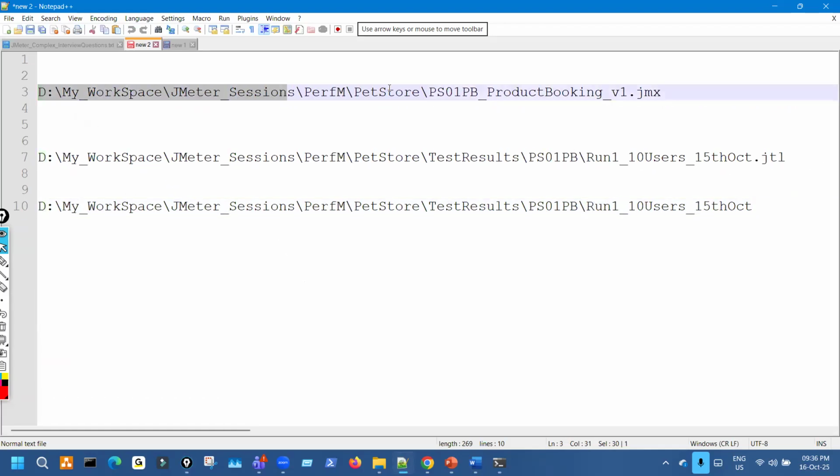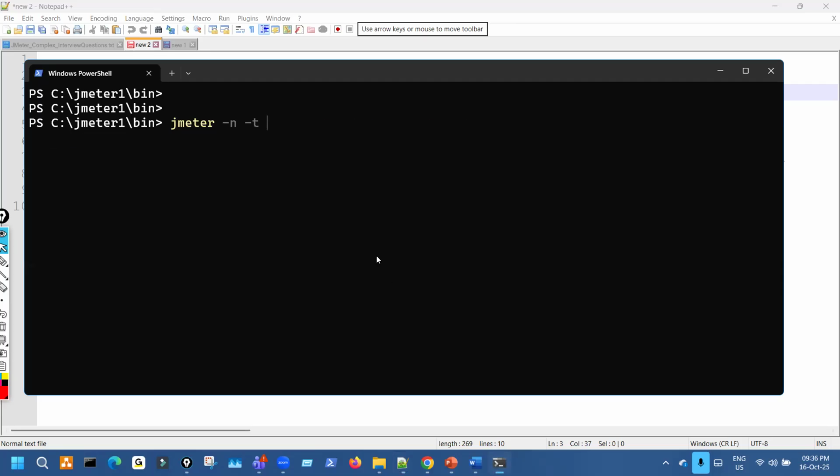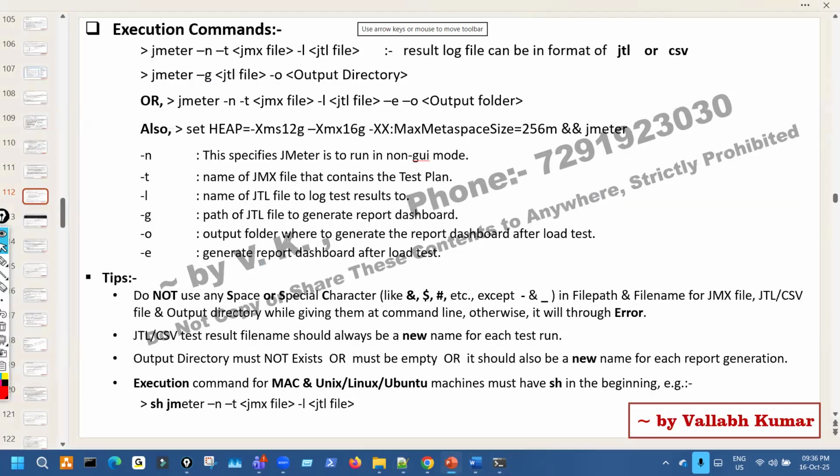This is the JMX file, the complete JMX file with its complete path. So JMeter space dash n space dash t space the complete JMX file with complete path, then space dash l and